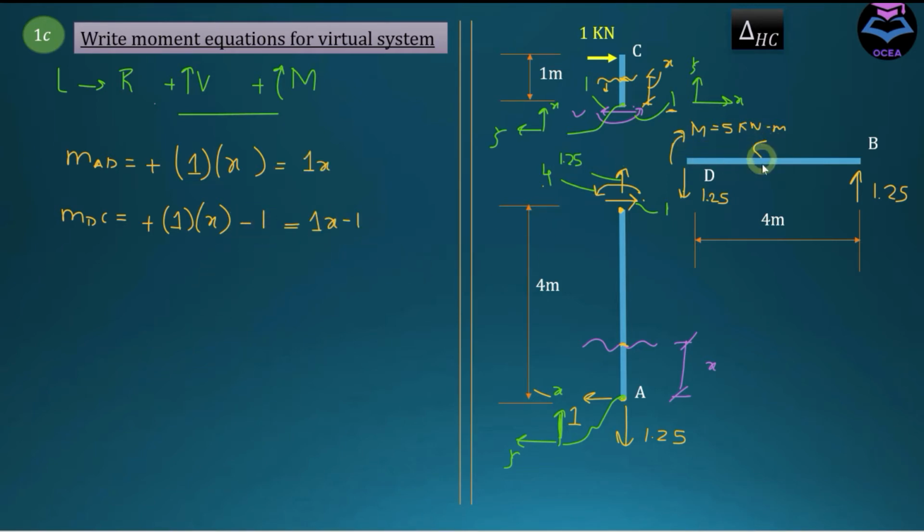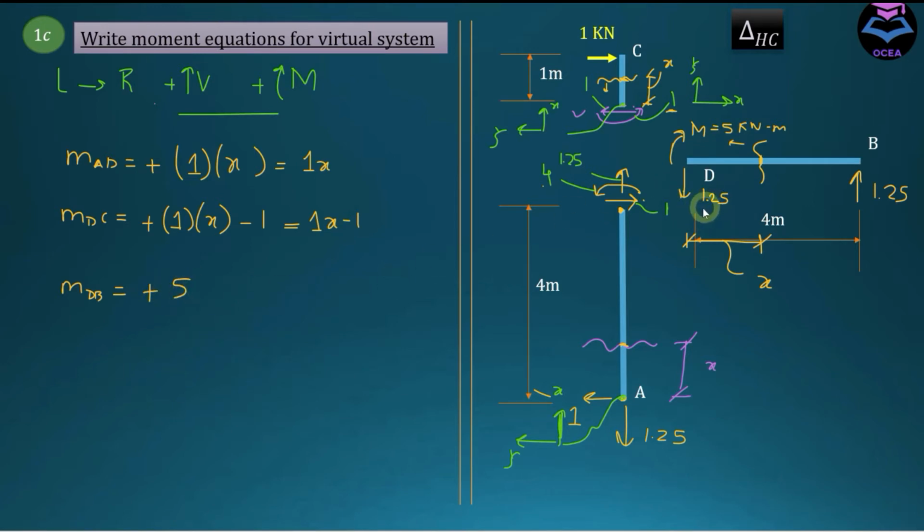Similarly, write the moment equation for this DB member. Take this coordinate, this length as x. Use the same principle, stand on the section C on the left hand side. Take the algebraic sum of all the moments. So MDB is equal to, this moment is positive since it's clockwise,